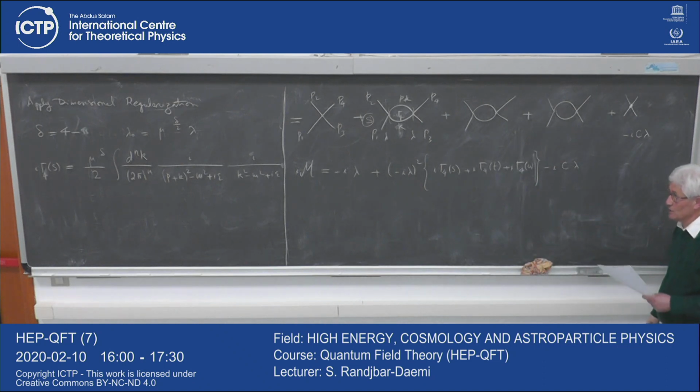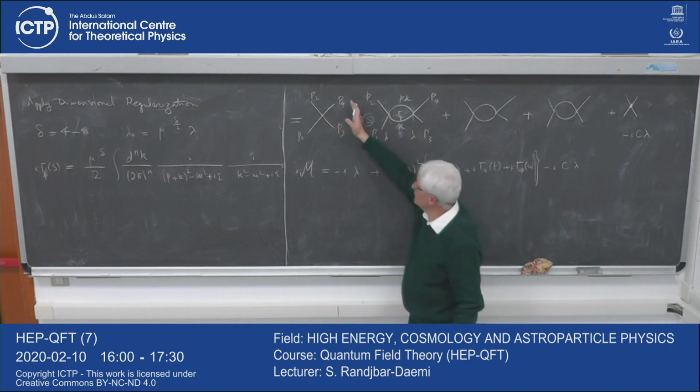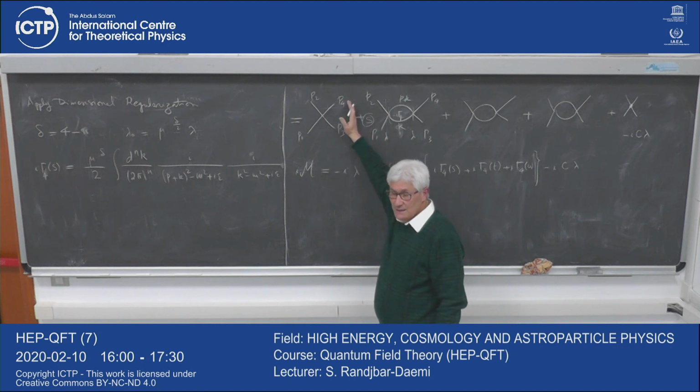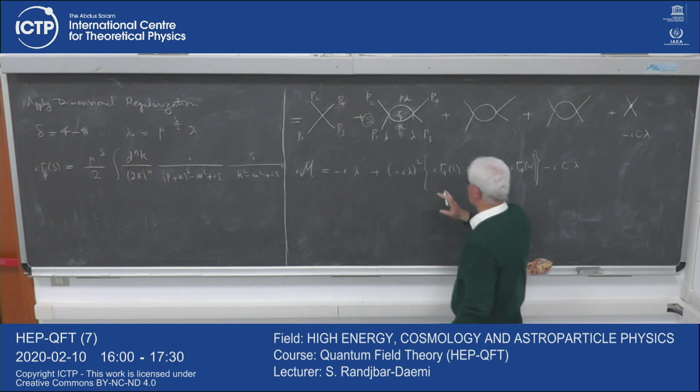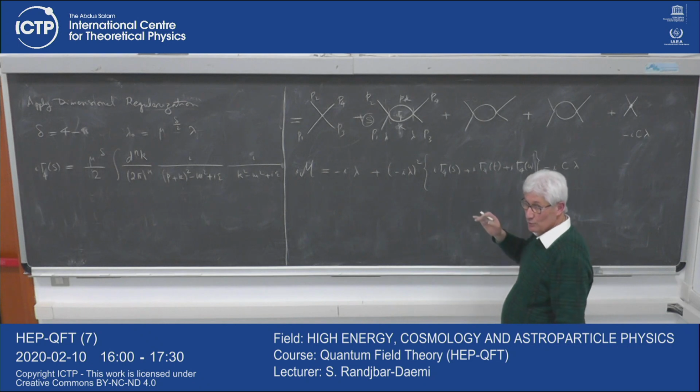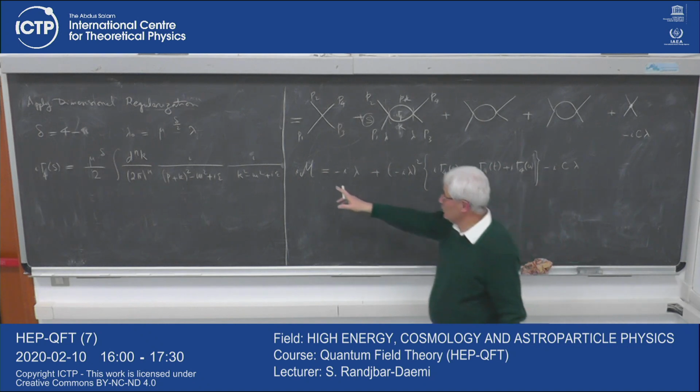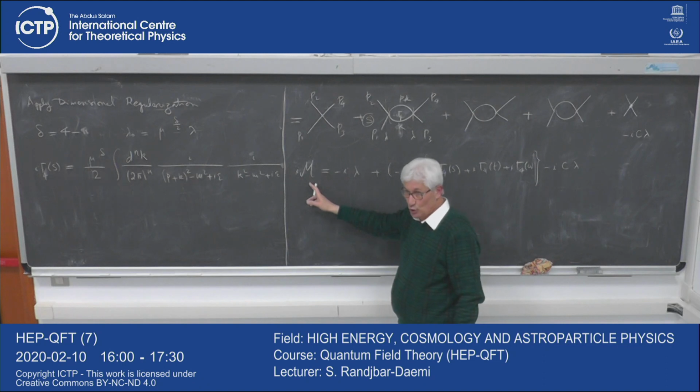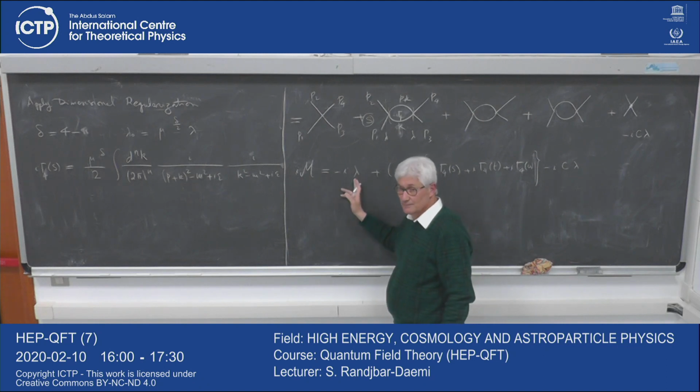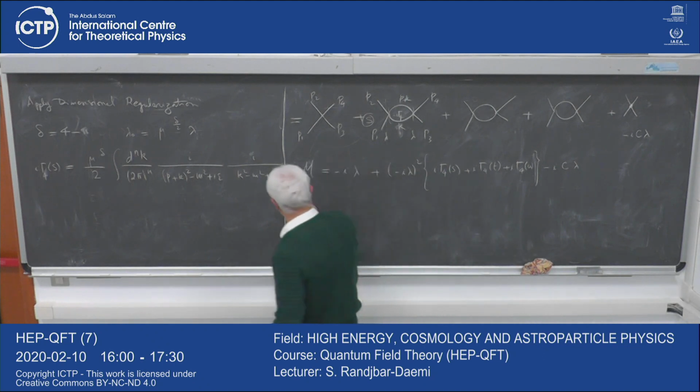In fact, we have to impose a physical condition in the sense that this coupling, you see that at the tree level, it is precisely the scattering amplitude of two particles to two particles. It's the trivial part of this calculation. The condition we are going to impose is that for some value of S, T, and U, always subject to this constraint that I erased because the momenta are on mass shell, the value of m is going to be equal to this lambda. That means lambda, so the renormalization condition